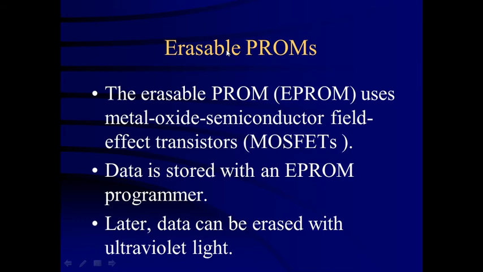In erasable PROMs, it's slightly different. This can be made using MOSFETs, metal oxide semiconductor field effect transistors. In a MOSFET, normally over the gate, charge is either stored or removed. When the charge is stored, there is a 1, and when the charge is removed, there is a 0; binary data is stored. This can be done using a laser or ultraviolet lights, so this data can be stored or removed.